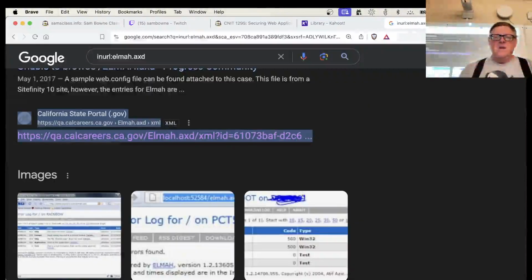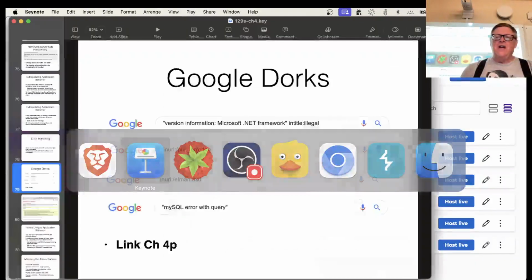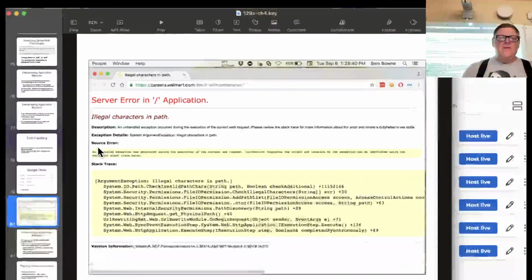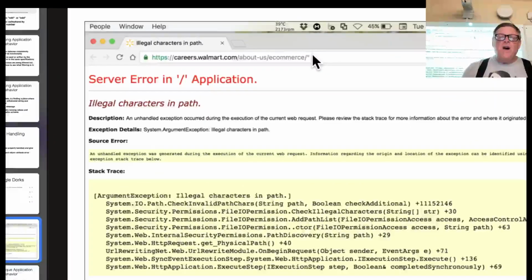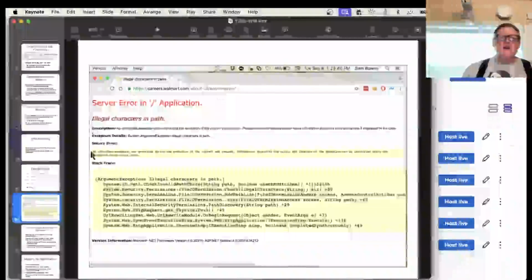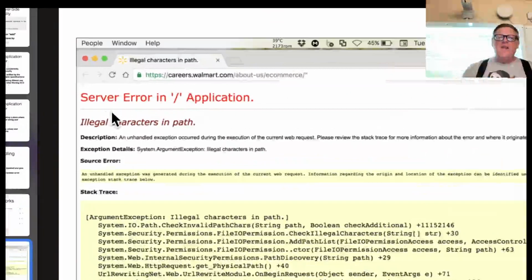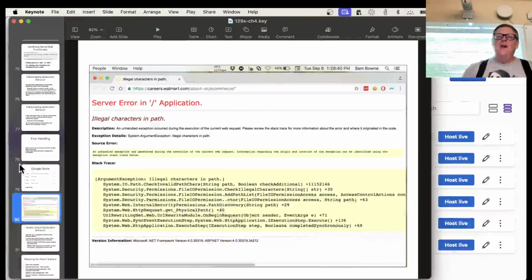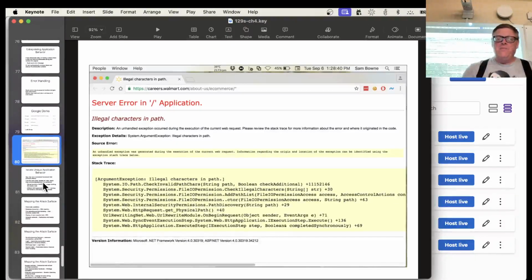And you can find a lot of those with those Google Dorks, that's what they call them, queries that find interesting vulnerable pages. And here's another one I found in the past. I just put an apostrophe up here in the URL or a quote, and now I get a page of crashes. I know it's ASP, or this is Walmart, Careers Walmart, and I just get a whole stack trace coming out. So I learned a lot of information about their web app that it should not be public